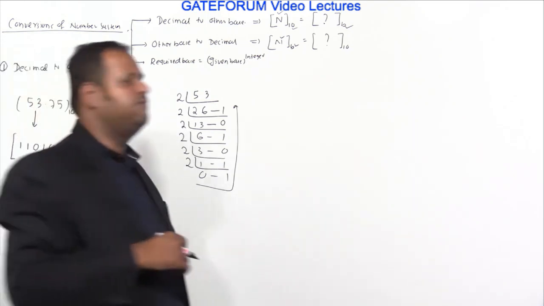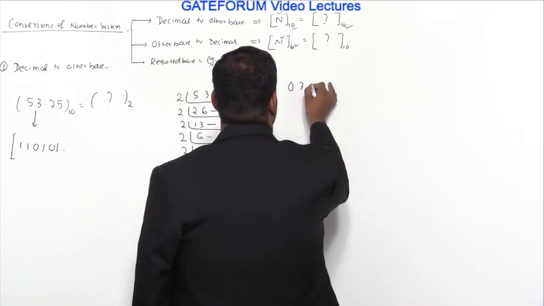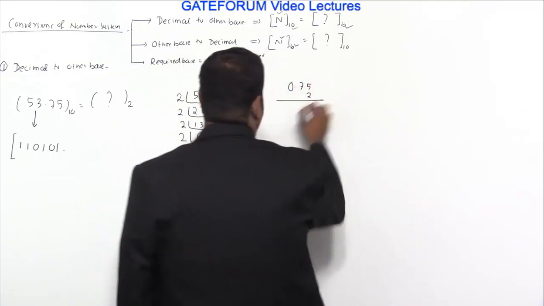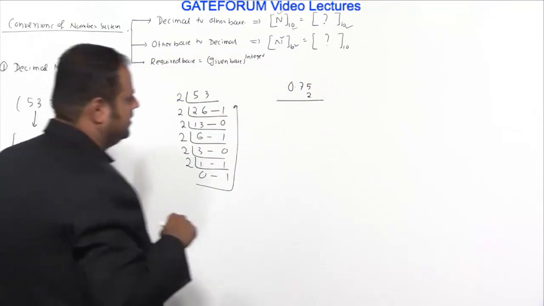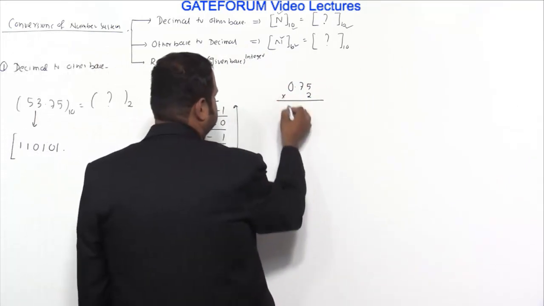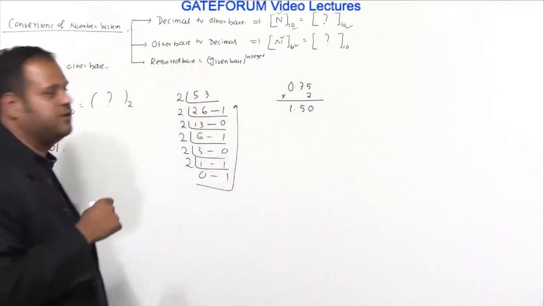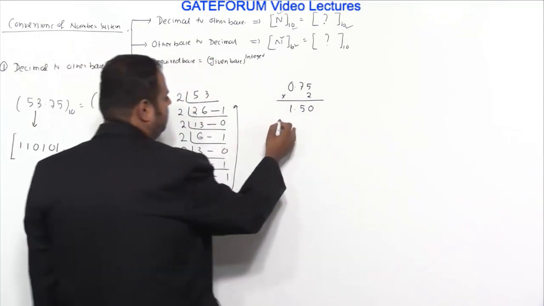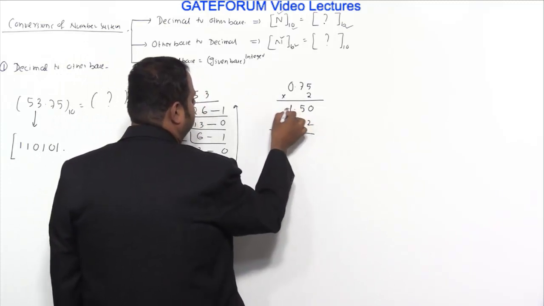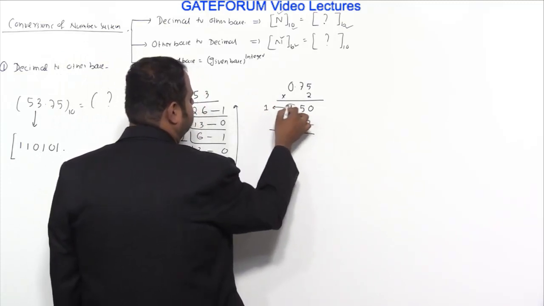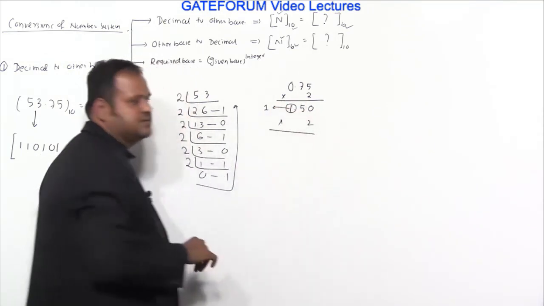Now coming to the fractional part, what you have to do is, like I have divided here continuously by 2, here you have to multiply continuously by 2, but by maintaining some restrictions. That is, if I multiply with 2, this happens to be 1.50. Again you have to multiply by 2, but while doing that, you always take out this 1 and you make it 0. Are you getting what I am saying? You take out this 1 and you make it 0.